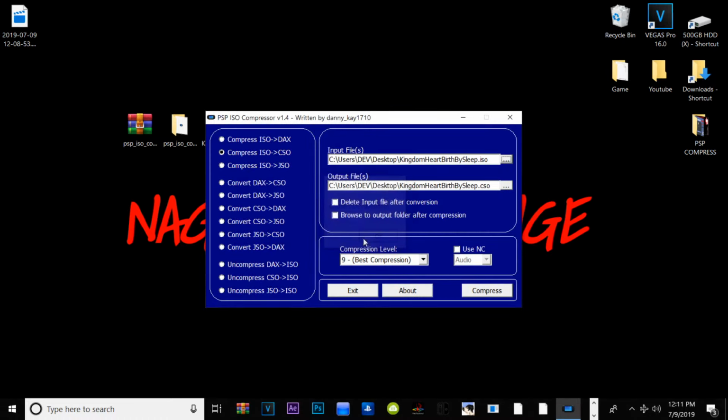Go ahead and hit open, and now you could go into your output file, and depending on where you want your CSO to go, I recommend just doing it on